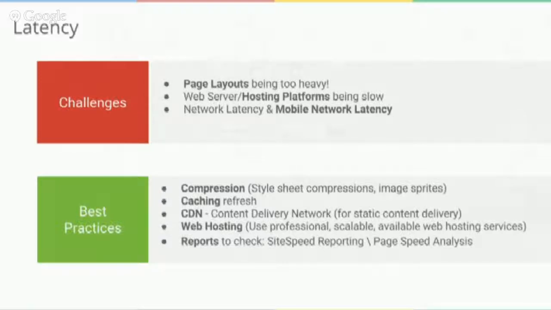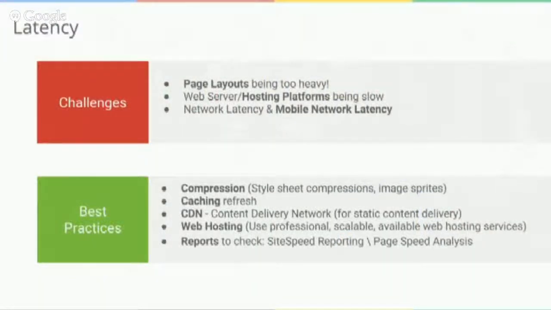Three things to keep in mind when you are tackling latency. As we explained initially, the idea of tracking a session is a little bit more complex than just tracking a click. Latency can be introduced at any point within that entire transaction. Because of that, we might lose sessions, and platforms in general would lose sessions. So there are three major challenges that a customer should think about. Page layouts can get extremely heavy over time by adding more components, more Flash events, images, CSS files, calling objects, etc. Try to keep that under check, try to keep that under limit.